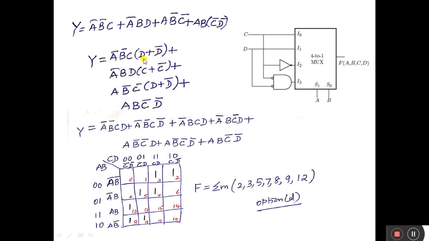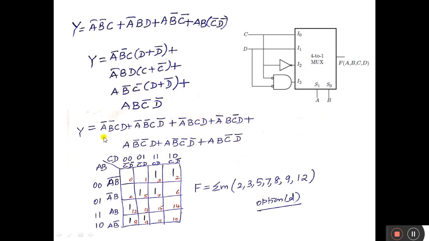If I multiply this term A bar B bar C with D plus D bar, I get A bar B bar C D plus A bar B bar C D bar plus A bar B C D. Then A bar B C bar D, and multiplying this term, A B bar C bar D plus A B bar C bar D bar, plus the remaining term.